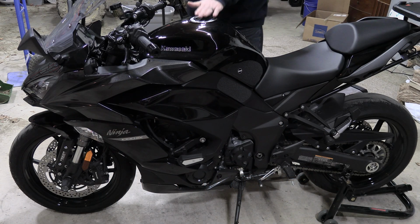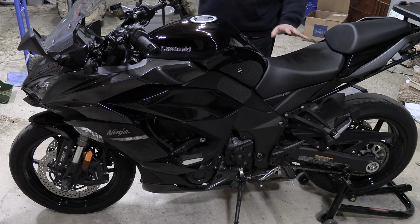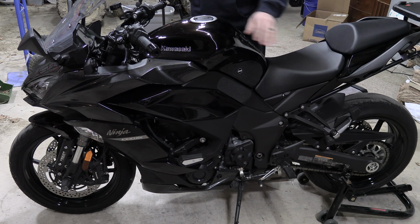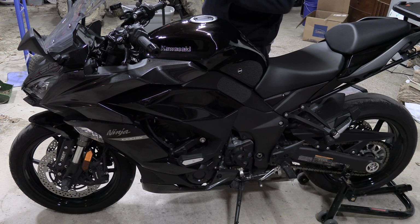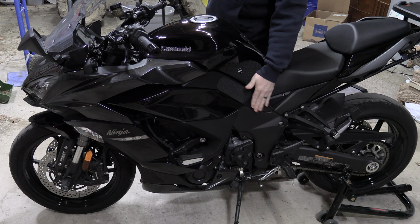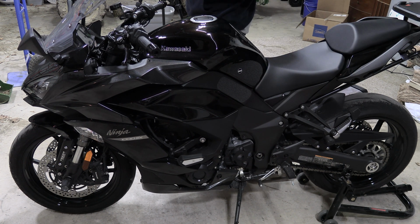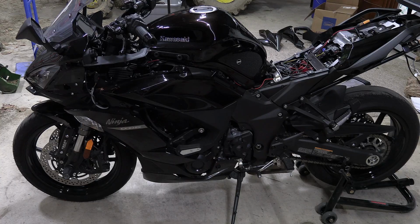Okay, before we get to removing our gas tank, you need to remove the rear pylon seat. You need to remove the front seat or saddle. I do have a video on how to do this. It is just 2 bolts, pretty straightforward. You also need to remove your upper fairings on both sides, which I also have a video for. And you need to remove your side covers on both sides, which I have a video for that as well. So rather than waste your time with removing all those, since I already have videos, we're just going to...